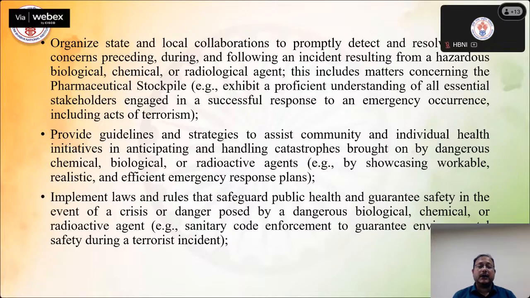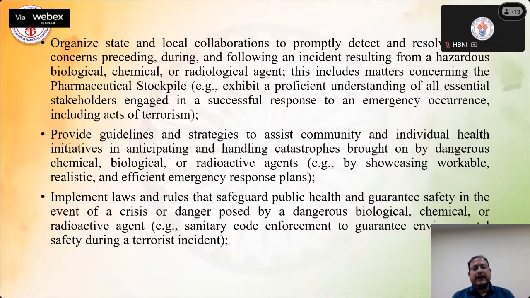You can tell the community to participate in the responding mechanism so that they can understand what the people are doing and how they are saving lives. For example, if they are using a wet towel in case of a chemical leakage, and a wet towel is enough to stop the exposure to the community, then it will help a lot. Or in case of any chemical or radioactive agent incident, you have to evacuate, and you have to focus first on the vulnerable. For example, you have to safeguard the kids, children, or the elderly people. First you have to evacuate these people because they are more vulnerable to any risk of chemicals. So all these things are there.